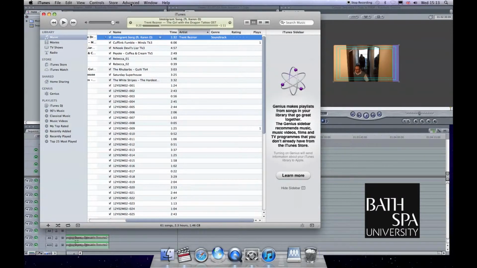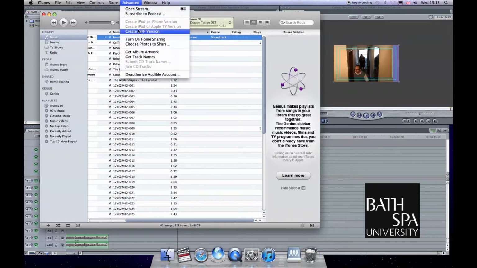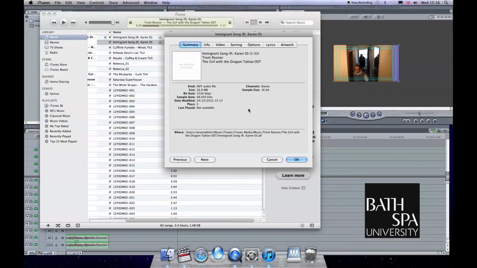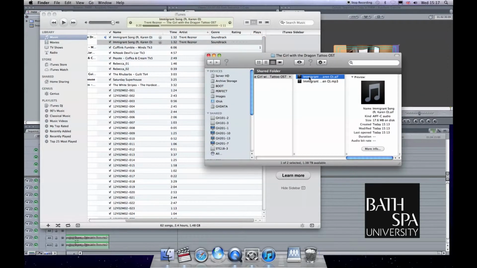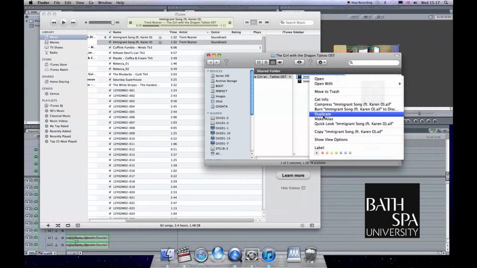With the file selected, I can then go to the advanced menu and choose Create AIFF version. So we have the AIFF version, and we're going to choose right-click, Show in Finder, and I'm going to copy that file